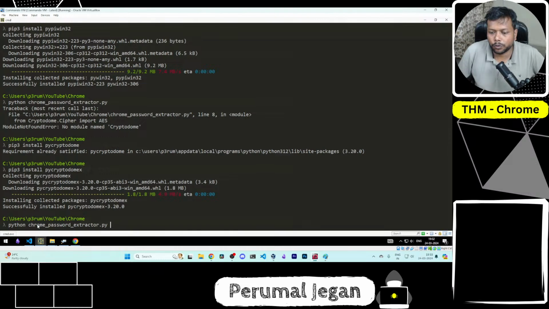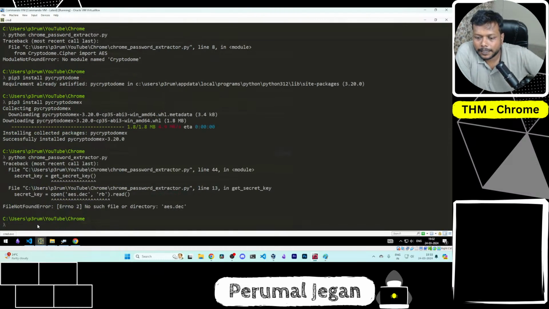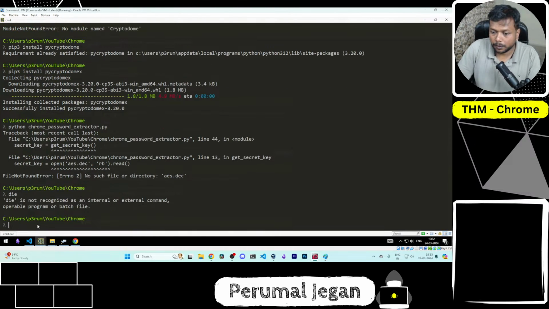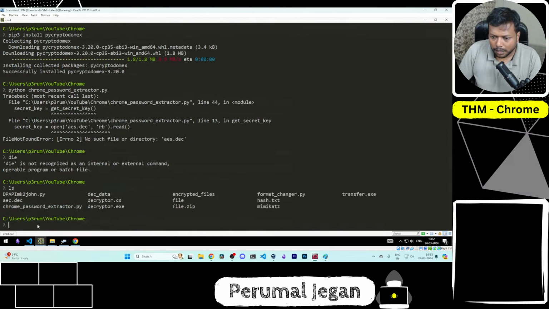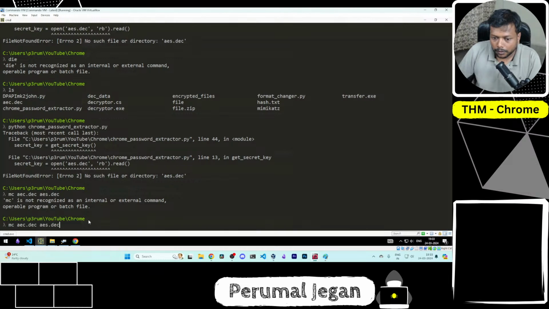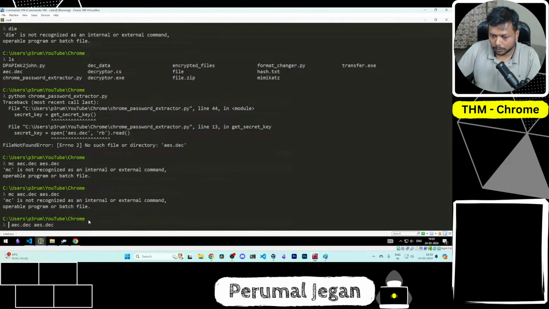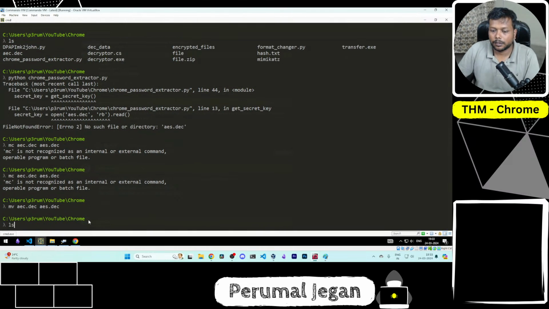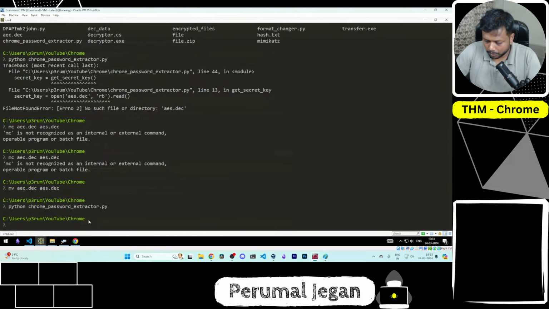Let's see whether it resolves our issue. No such file. aes.dec, aec.dec. We have aec.dec. Okay, aes it has to be. Move aec, not aes.dec. Fine. mv. Okay. It executed. But